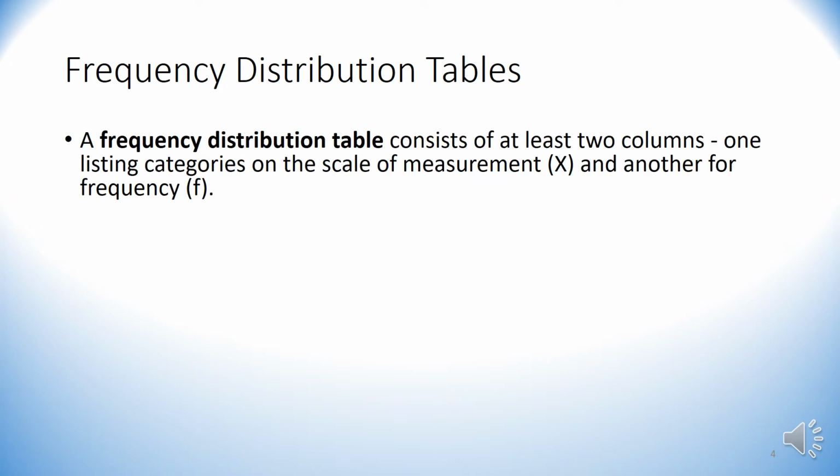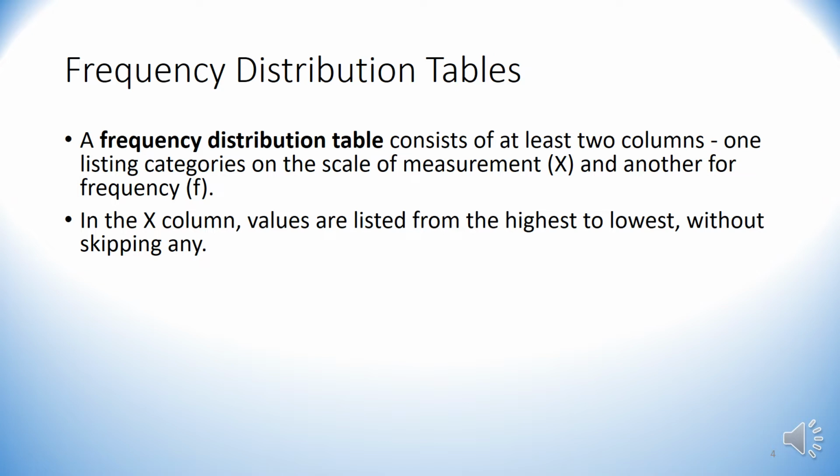So here we will deal with frequency tables. What do frequency distribution tables mean? We are going to make a table which has at least two columns. The first one is called X, which is the scale of measurement, or we can say the characteristic which we are going to measure. The second column is the frequency. That means how many times the observations we have collected are part of that characteristic. How many times the characteristic is repeated in this collection is called frequency.